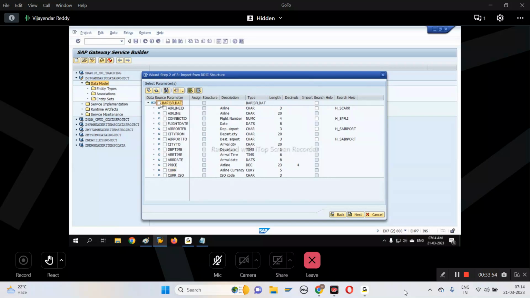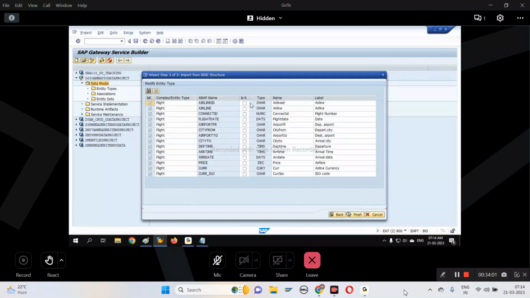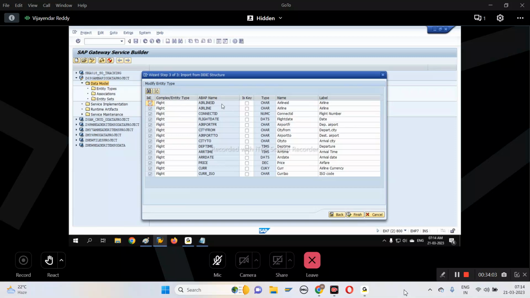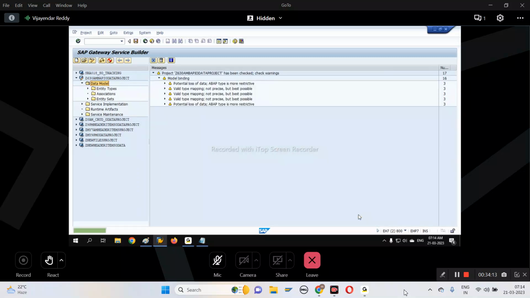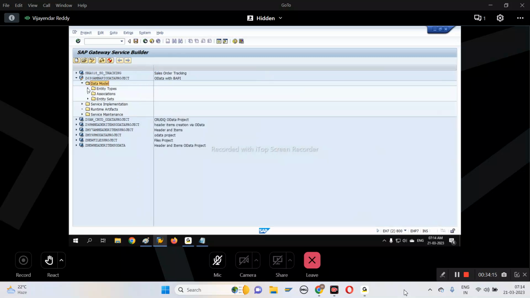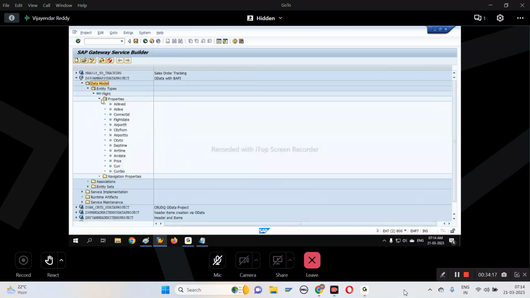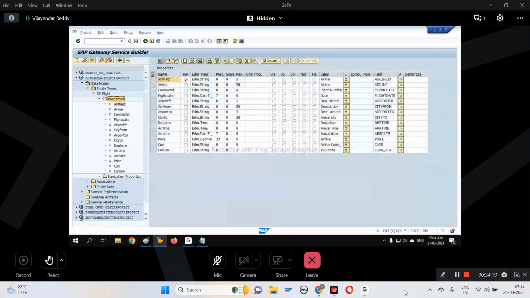So let me select all the fields here, then click next here. An entity type should have at least one field as a key field. So let us make, for example, airline ID as the key field. Then click finish. Now you can see the list of all fields imported here in the property section